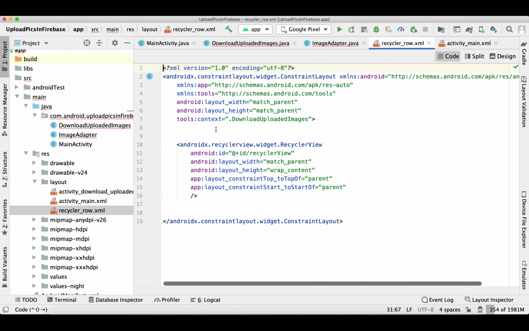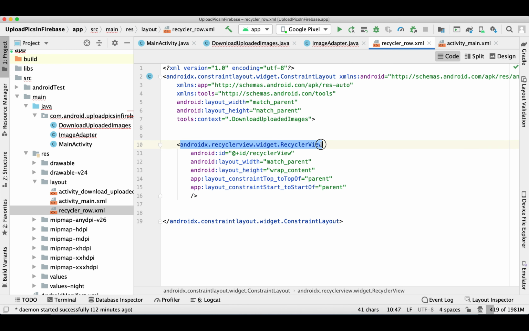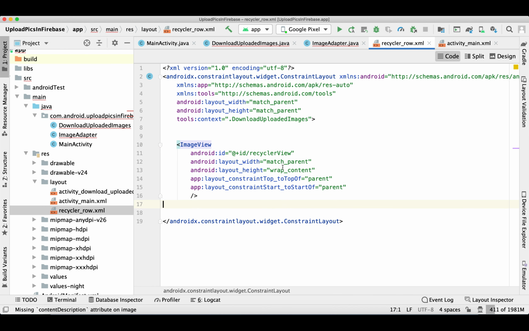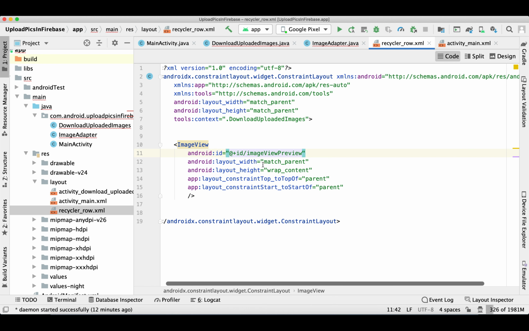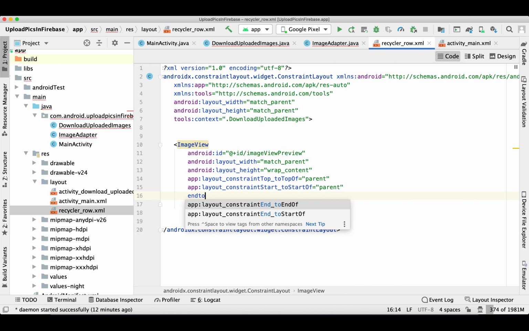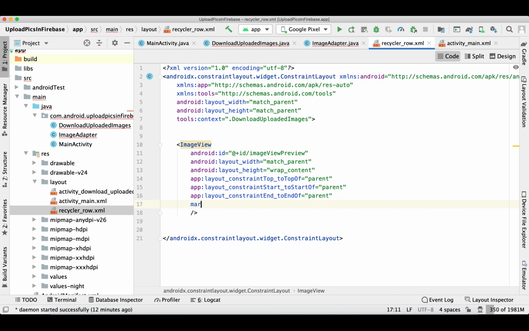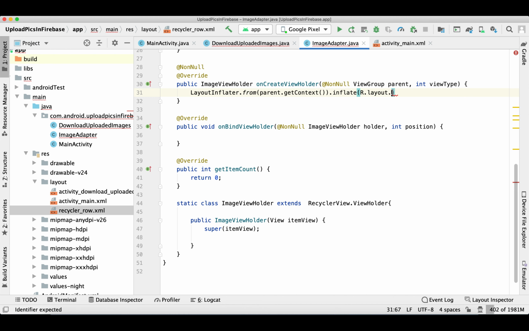So it currently has one recycler view. Let's change it to the image view and change its ID as well. Also add some margin. Our layout is ready. Now let's set it to our adapter.